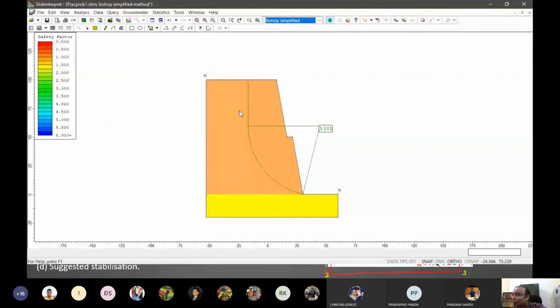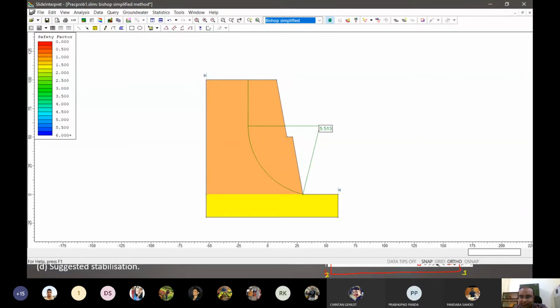So this is a sort of a complex kind of failure. The main failure might be in a circular direction, and the above one will be failing in the straight direction. So it won't be a part of the circle, but when this part will fail, these will also. So these kind of problems also we can get.